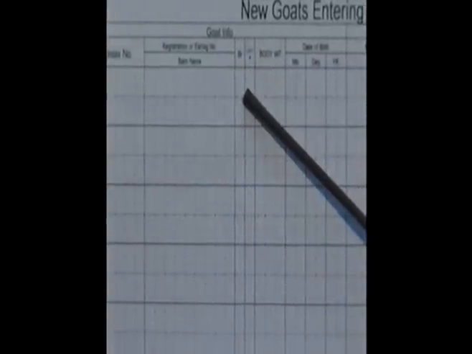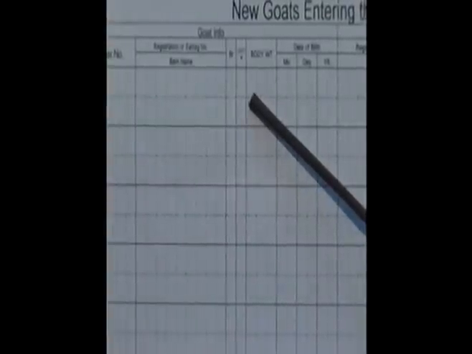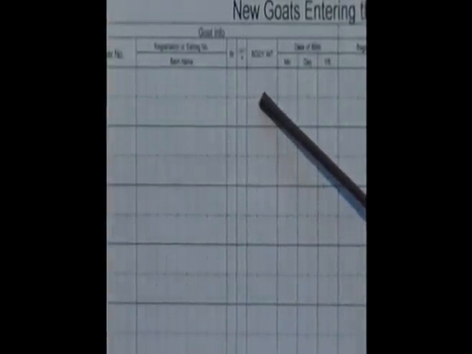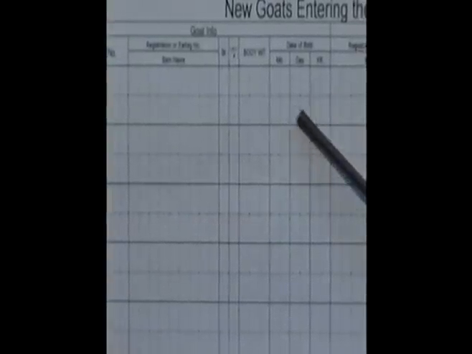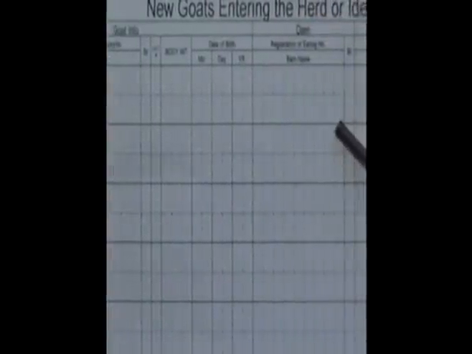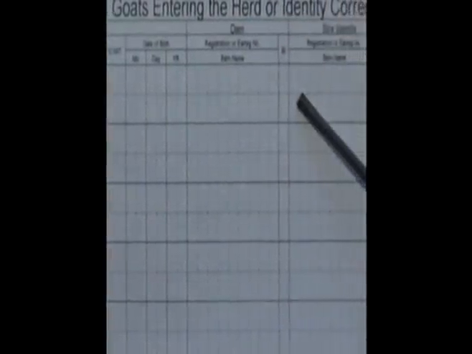The next column is breed, the lactation number that she is on at that time, her body weight. We're taping the animals right now to get an estimate of the body weights of the animals out there so that we can further develop the feed program that we're working on, which will be tailored to the goat industry itself. We need the doe's date of birth, which is month, day, and year, her dam's registration number and barn name, the breed of that dam, the sire of this doe, his registration number and barn name, and his breed